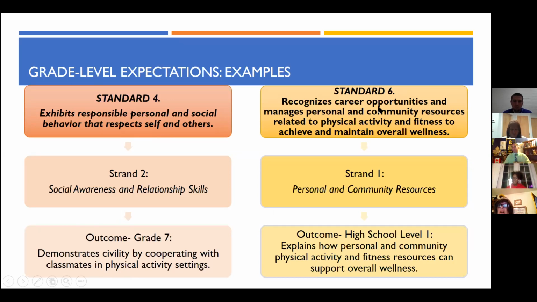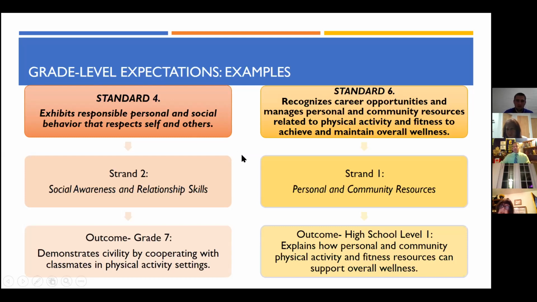Standard 6, again paying tribute to our old New York State Standard 3, recognizes career opportunities and personal community resources. Strand 1 is entitled, go figure, Personal and Community Resources. And then level 1 explains how personal and community physical activity and fitness resources can